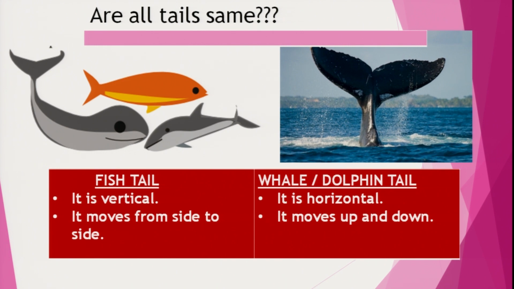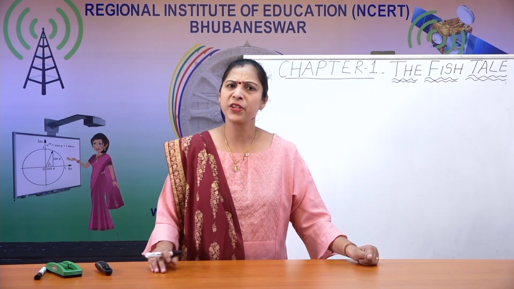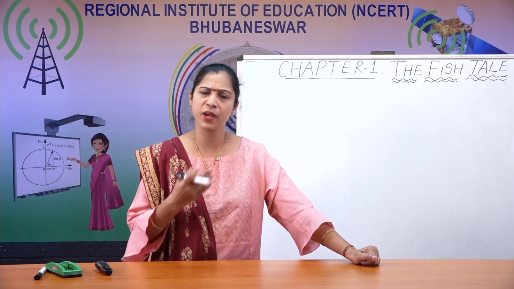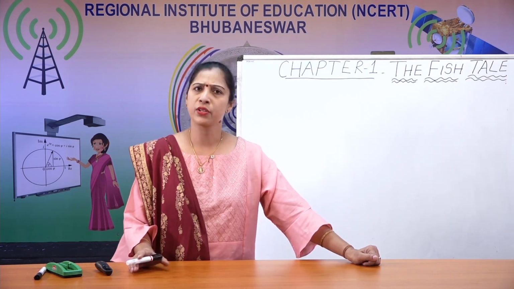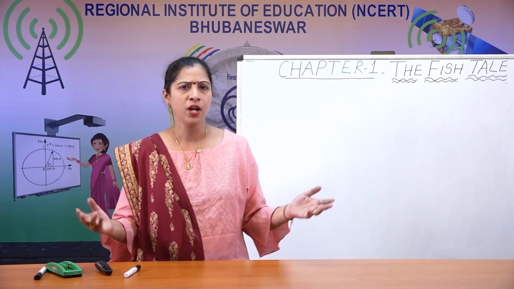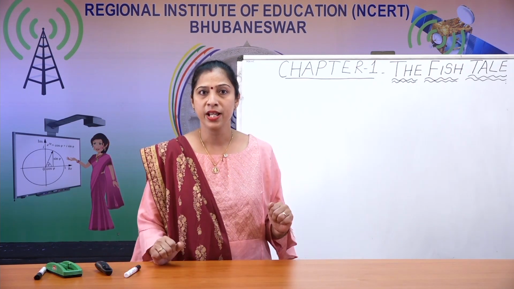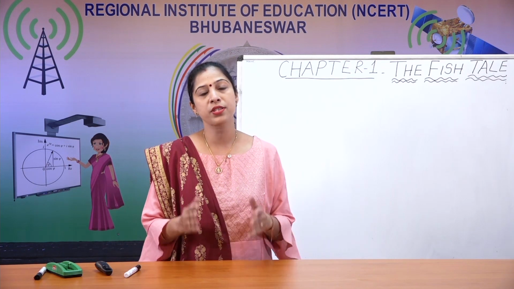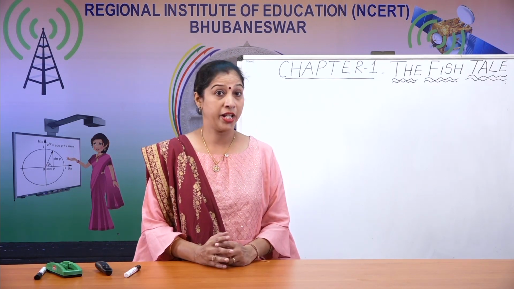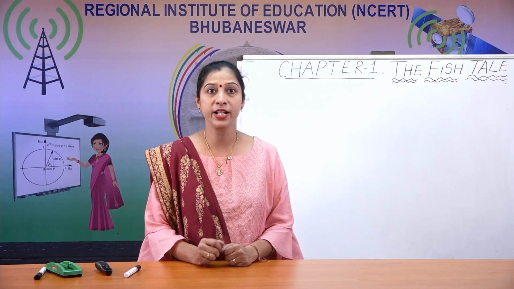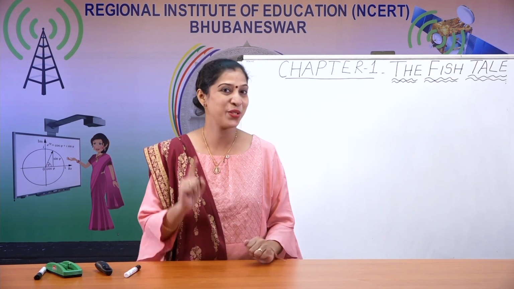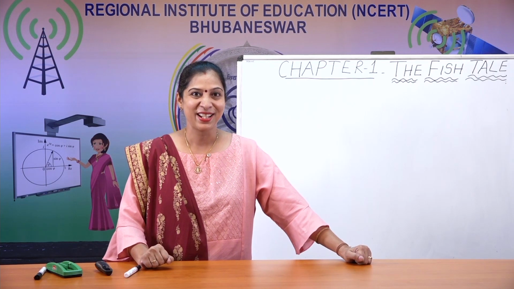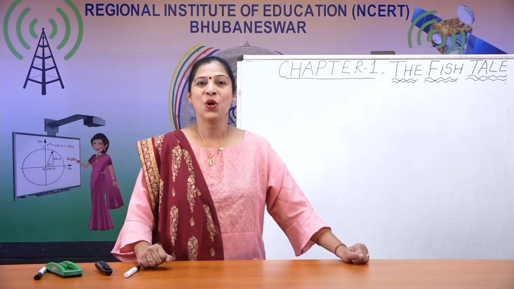So when we see them, fish look very different from each other, the way humans look different from each other. Do you look like your friend? No. Does your friend look like you? No. So every human looks different. Similarly, many fish look different. And their tail also looks different. It is not the TALE tail. It is the TAIL tail. What do you call this in English? Remember, they are called homonyms.